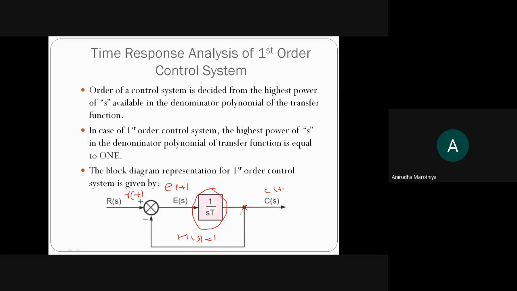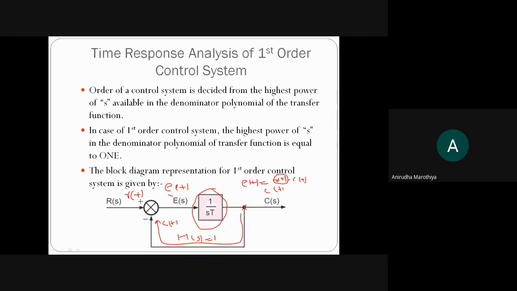So here, the value of the feedback signal is going to be equal to what? Your c of t. So if you apply logic at the summing point, we can calculate the output of the summing point as the error signal, which is E of t, equal to R of t minus C of t. Are you getting my point? Yes, sir.